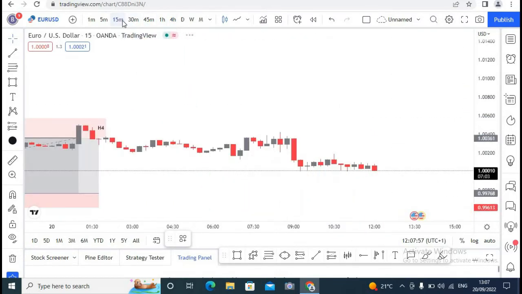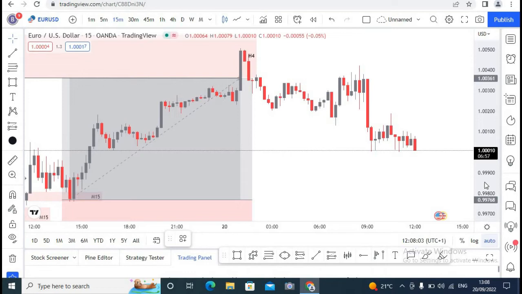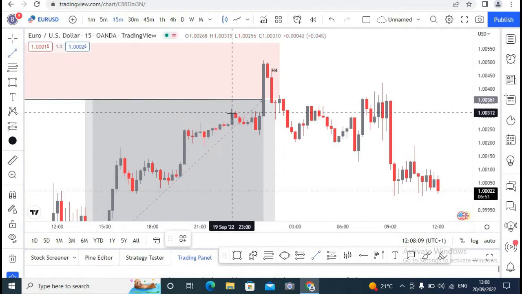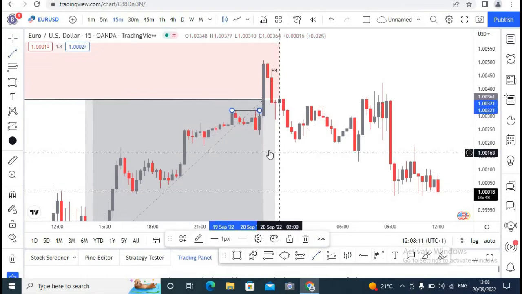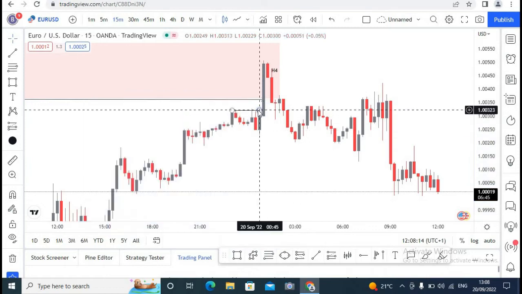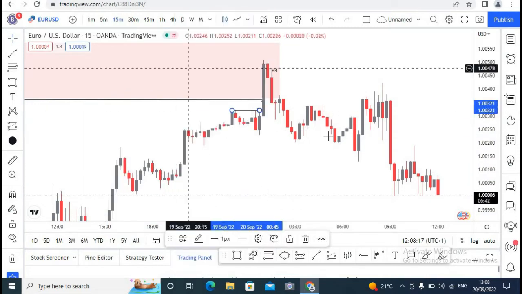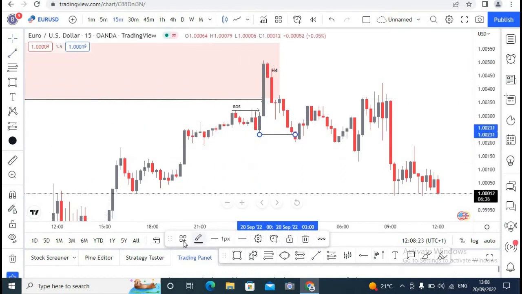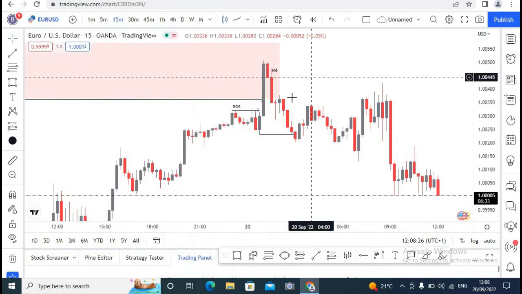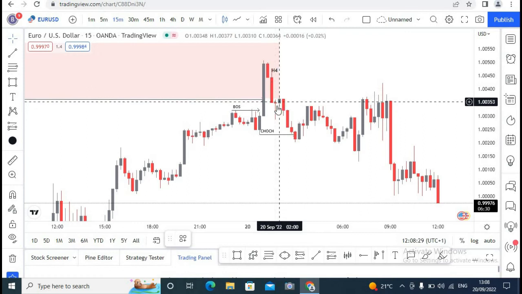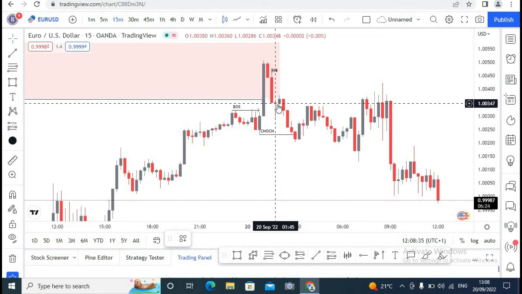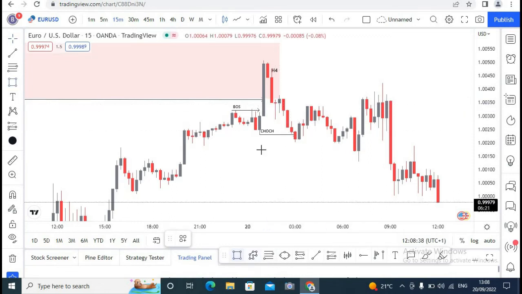The next thing which you do, you go back to your 15 minutes time frame. You do the same thing over and over, guys. As you can see, we did have a breakout structure right here, guys. Breakout structure, change of character, and we did have this bearish engulfing. We did have a drop-base-drop, meaning we did have a base area right there. So this was going to be your supply level,